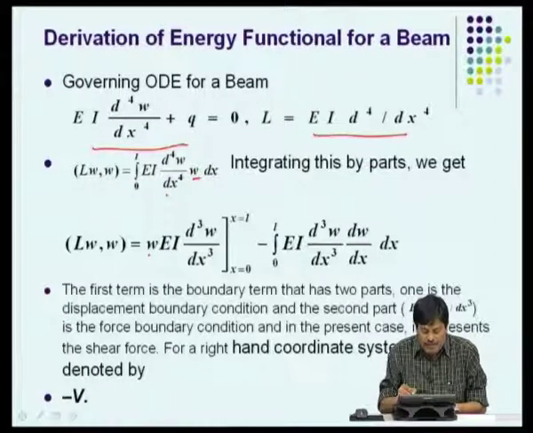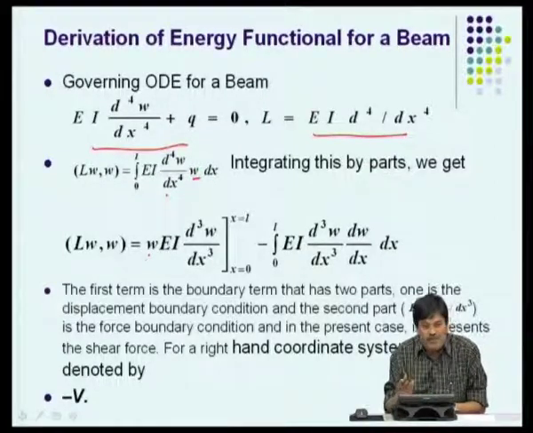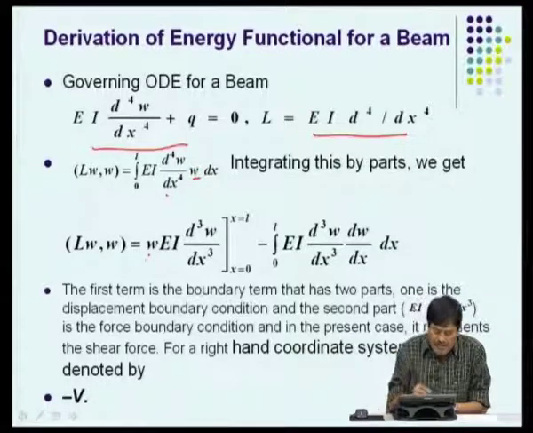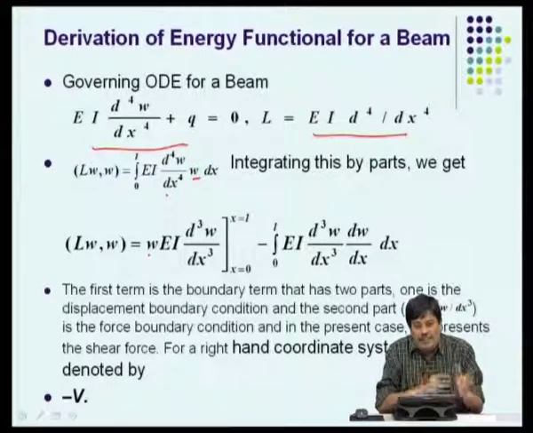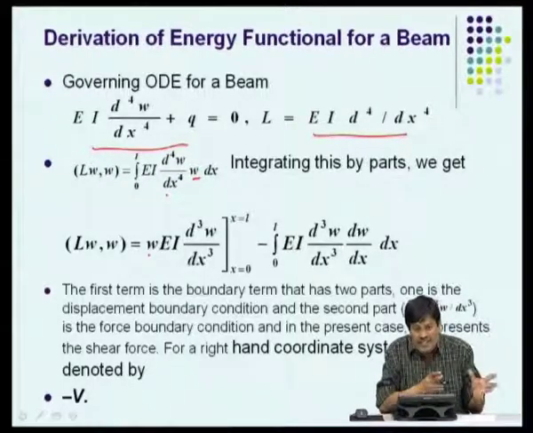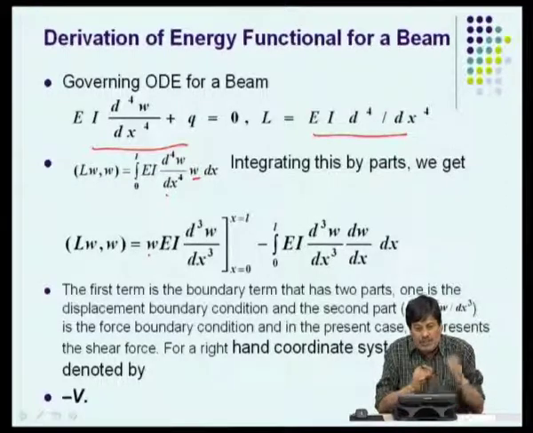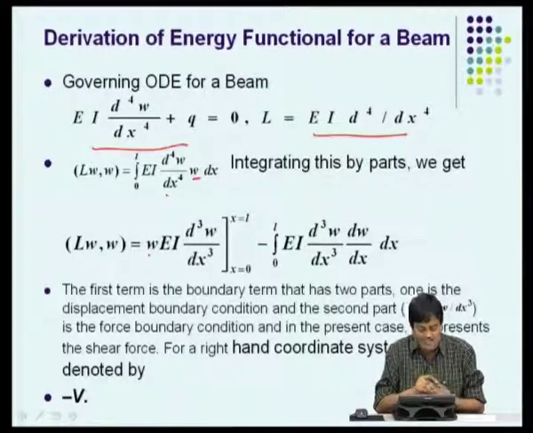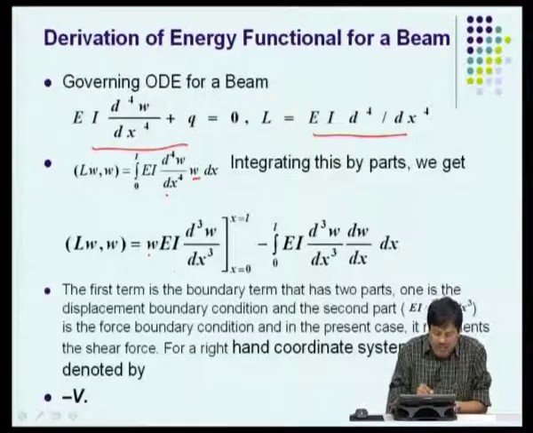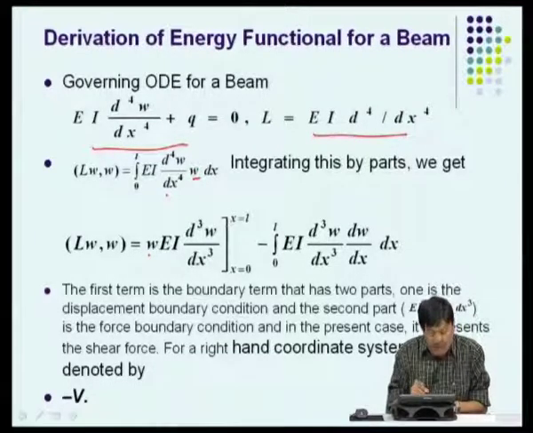If you look at these boundary terms, the first is basically the deformation, w, transverse deformation, and second is the force. As I said, it always comes in pairs, the essential and the Neumann boundary conditions. So, w causes the shear force and shear force causes w. So, it is like cause and effect. We talked about it in the last lecture. So, similarly, this is basically evaluated: w of 0, shear force of 0, and w of L and shear force of L.